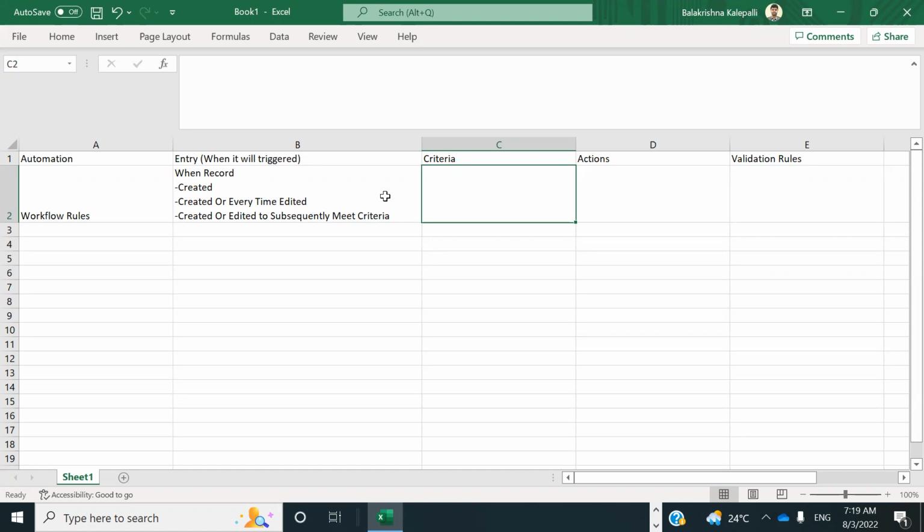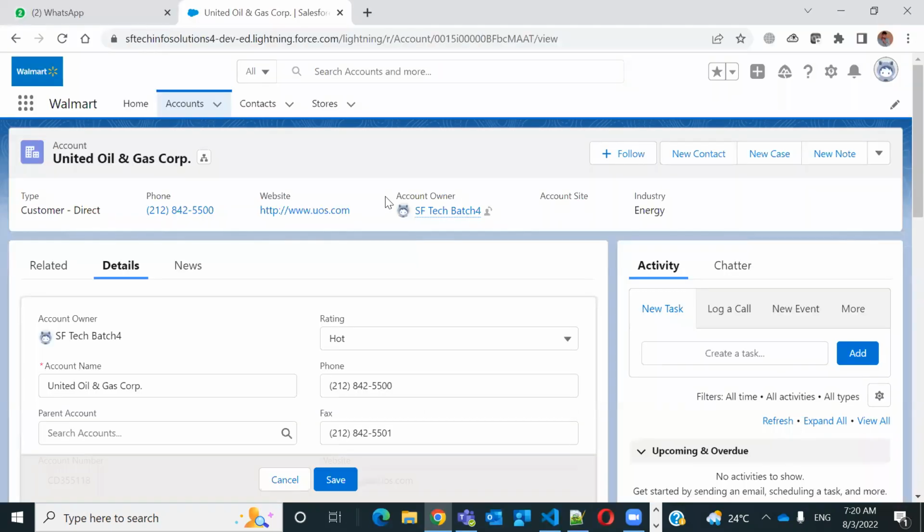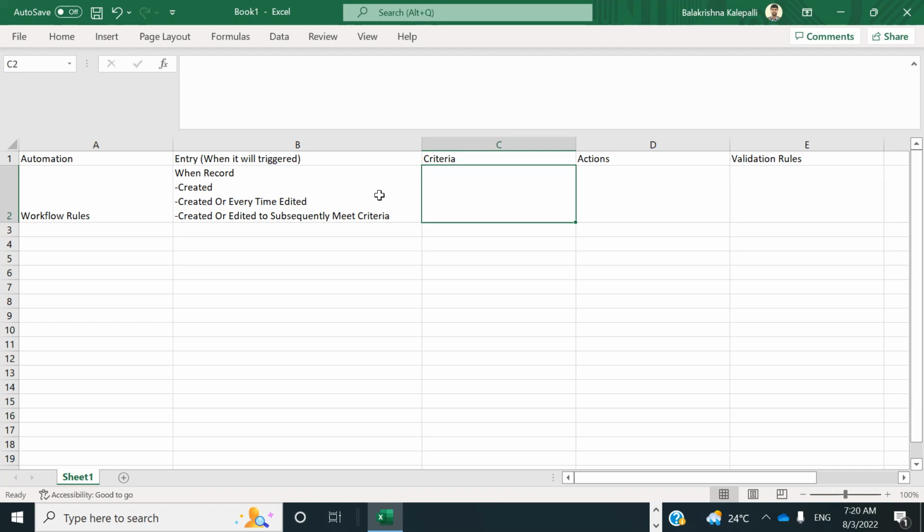The second one is every time, whether the change turns the criteria from false to true or true to true, it doesn't matter. It just checks the criteria. If it is met, it will just execute. But in the third one, previously it was not meeting the criteria, and only with your changes is it now meeting the criteria, then only will it allow you to pass on to the criteria and execute the function. Okay, so here in the criteria,